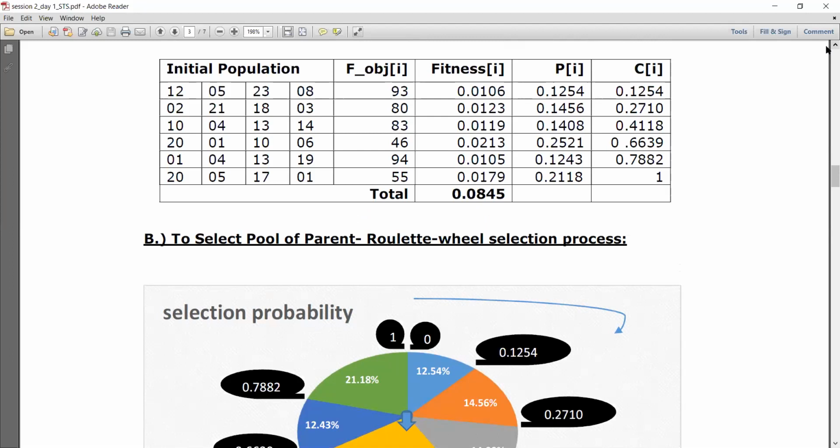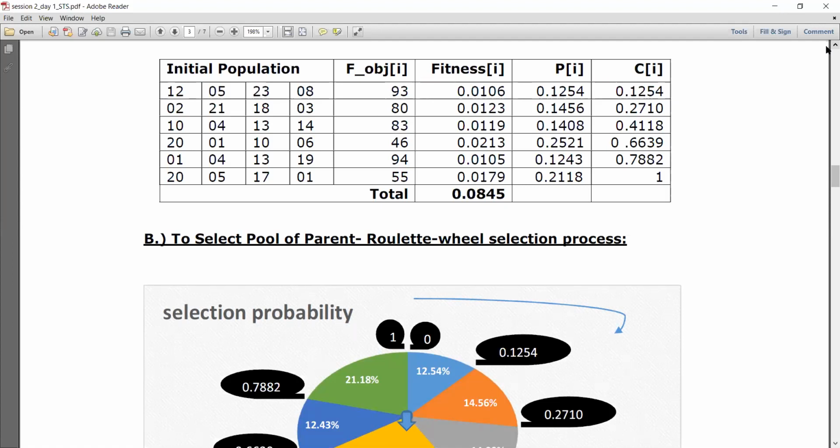Then for the next solution, I am going to allot some space, some share for this particular chromosome in the Roulette wheel. The Roulette wheel is going to cover 100% of the wheel. Now each chromosome has got its own share, is it not? So what is that share and where is that share? That we should know. How much, we have calculated in P of I itself.